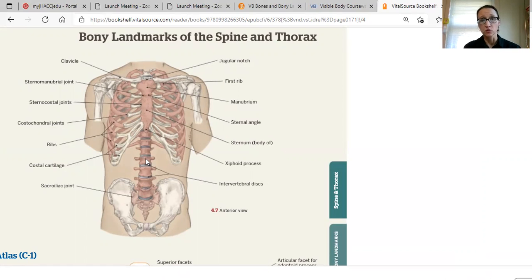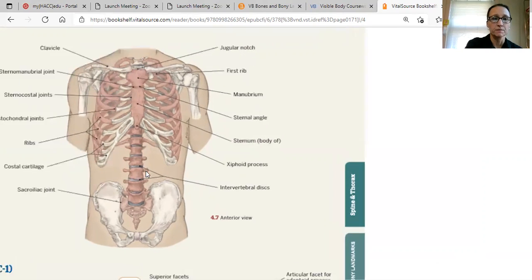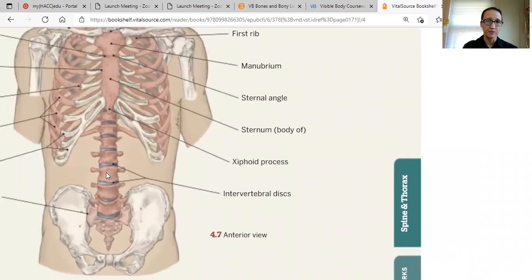First of all, you can see the bodies of the vertebrae really nicely. Blow that up for you. There's not a whole lot of landmarks here. We can see the transverse processes here and here, but we also see something that we can't see from the posterior view,